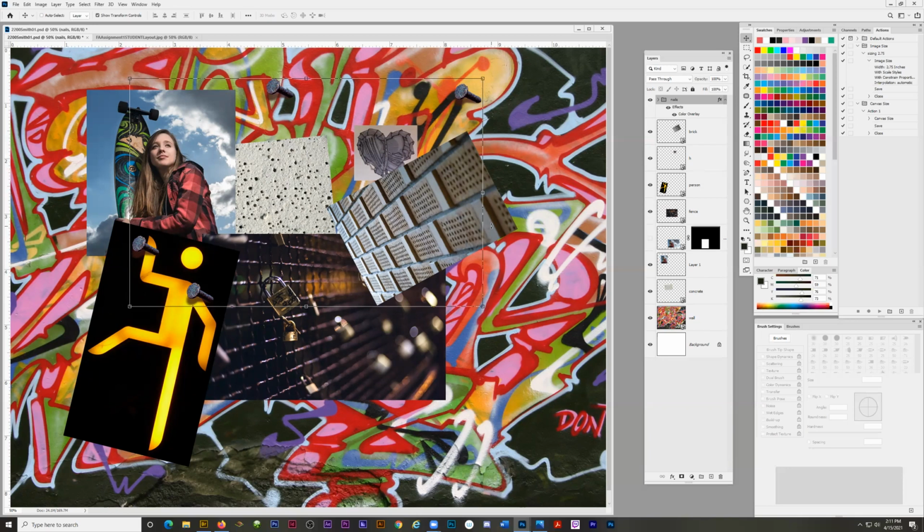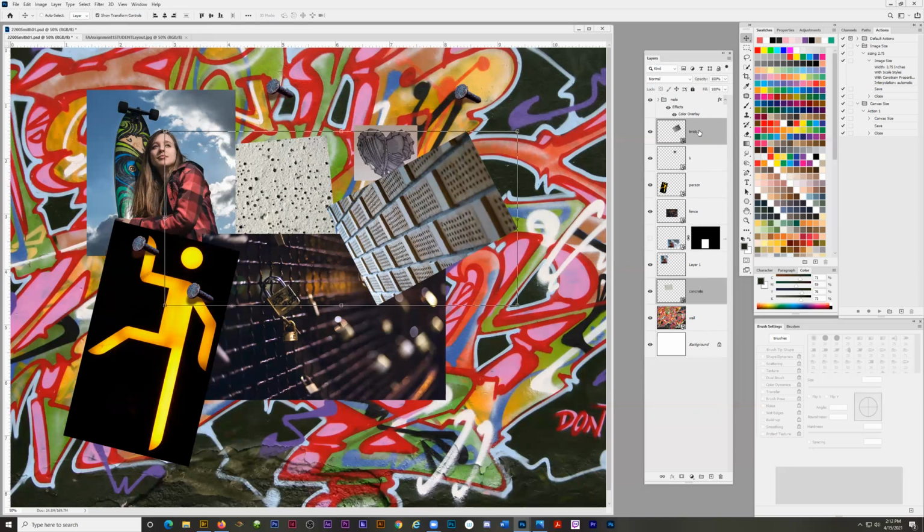Now, let me show you a pitfall that can happen. You want to be careful. You almost want to group images that are behind and then images that are in the foreground. For instance, I've got this concrete. If I group this concrete image with the brick, watch, it's going to mess up. So I'm going to select both of these. I selected both layers by holding Control: I clicked on my first layer, I hold Control, and I click on my second layer, and I can select both layers. But the problem is they're